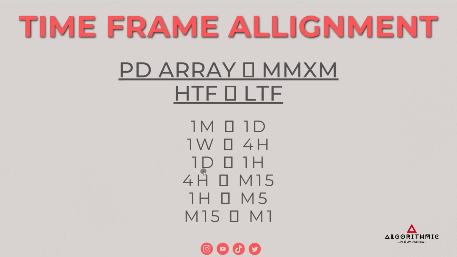We're going to have a 15-minute market maker model, a 1 hour PD array, a 5-minute market maker's model, and we can go all the way to a 15-minute PD array and a 1-minute market maker's model. So we're going to look into examples in different time frames, and we're going to try to engage with all these time frames, and I'll show you how we can go with this. Again, market maker model is nothing but a move from a PD array to another, a premium to discount, discount to premium, and we're going to be able to identify this